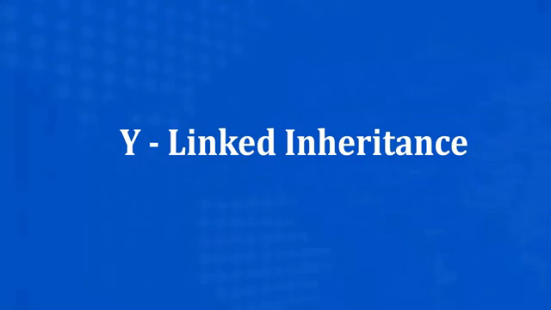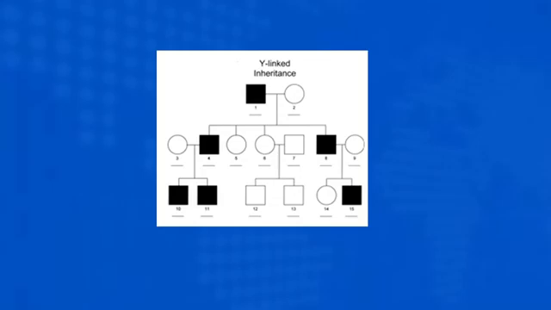E. Y-linked inheritance. Y chromosomes are the sex chromosomes present in males. Y-linked inheritance is the inheritance of genes present on the Y chromosome to the next generation. Inheritance of the trait in Y-linked inheritance will occur only in males. The affected male will transfer the trait to his son, and again sons will pass the trait to the next generation to their sons. Y-linked inheritance does not contain any dominant or recessive pattern.